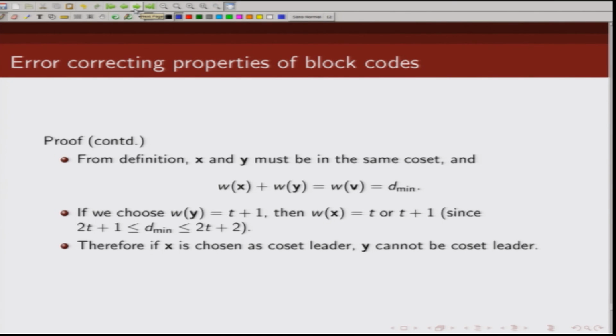Therefore, if we choose x to be our coset leader, then we cannot choose y as our coset leader. You can see, because x and y are in the same coset and the weight of x is t or t plus 1, whereas the weight of y is t plus 1. So, I will choose x as my coset leader, and if I choose x as my coset leader, then I cannot choose y as my coset leader, which proves my